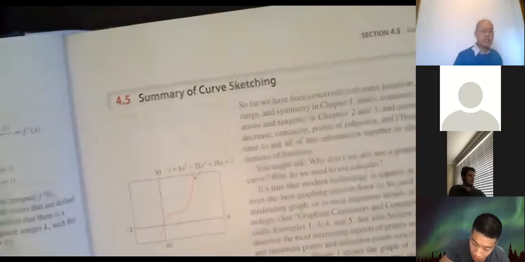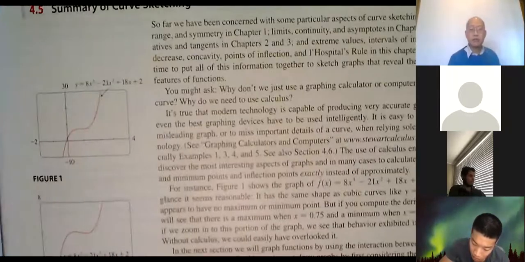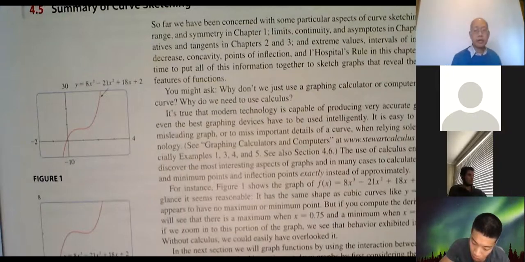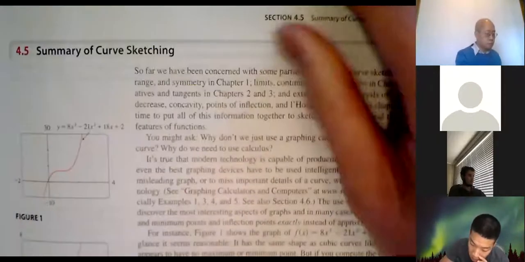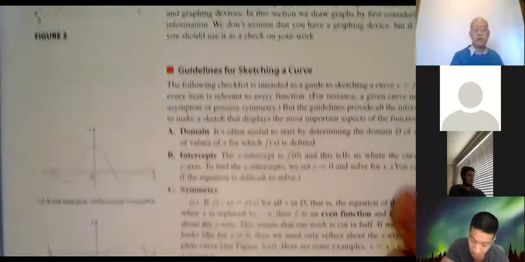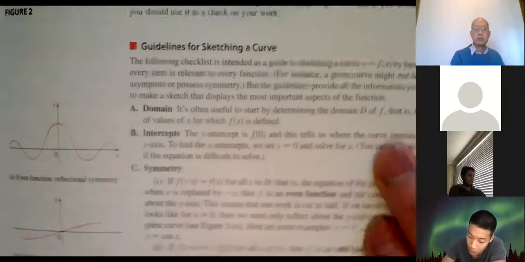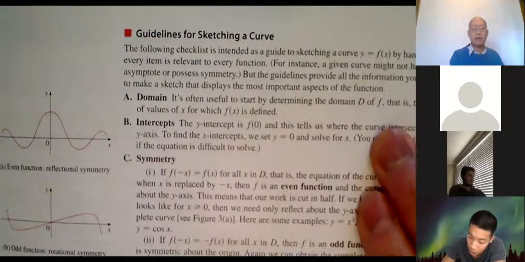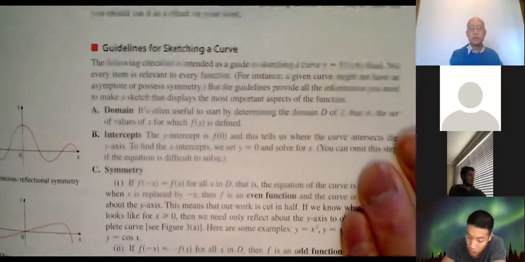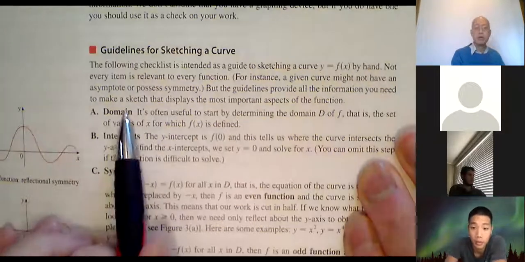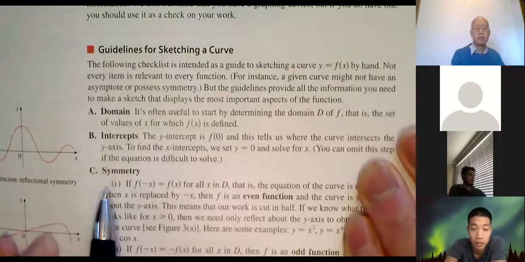All right, so that's as much as 4.4 as I was going to do. Okay. And 4.5 is back to curve sketching again, but with a little bit more stuff to it that I mentioned last time. So now they want us to consider all of this I talked about before. I mean, it's always a good idea to consider this anyway, but now they're going to give us weirder, more strange problems. Okay, so we will consider domain, intercepts, symmetry,